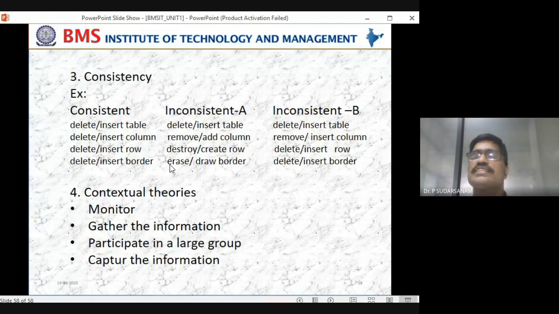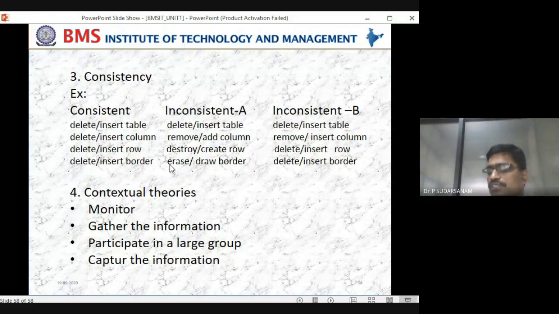You can take any example. Monitor is nothing but watching. In the education system, what will happen? Somebody will be there to monitor. Department wise, the HOD will be there to monitor. At class level, the class teacher will monitor to go in the right direction. The principal monitors the entire college. The chairman, if they have a group of institutions or one institution, will be maintaining it to go in the right direction. That is what monitoring is. You take any example, somebody is there to monitor. You take any organization or any company.